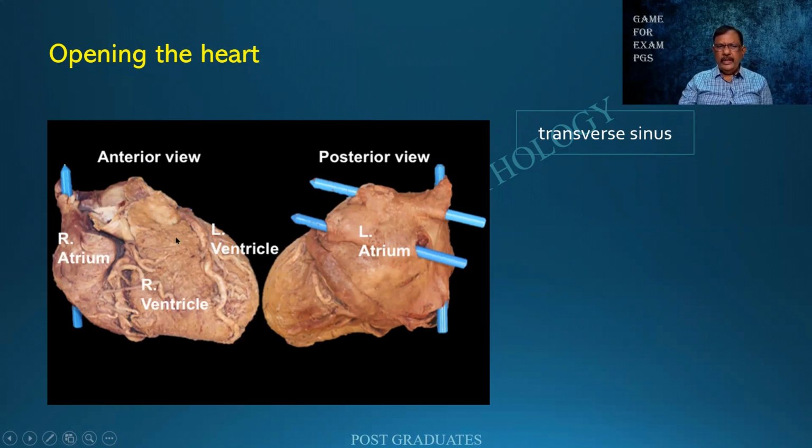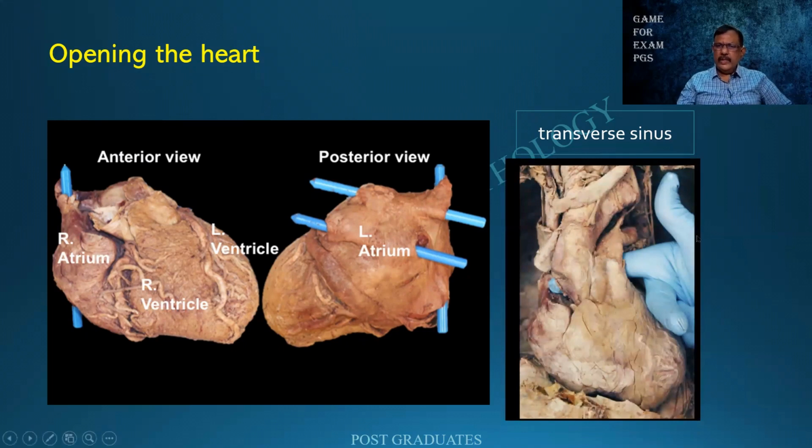And when I go posteriorly, I find that there is a left atrium. There will be a couple of veins which come into it, the pulmonary veins. Those also are being probed. And this is the probe between the superior vena cava and inferior vena cava. Care should be taken because when you put a probe, you may dislodge a thrombus. Sometimes it can be a malignant thrombus arising from a renal cell carcinoma, entering the renal vein, up the inferior vena cava, going up to the right side of the heart. That is why caution should be there.